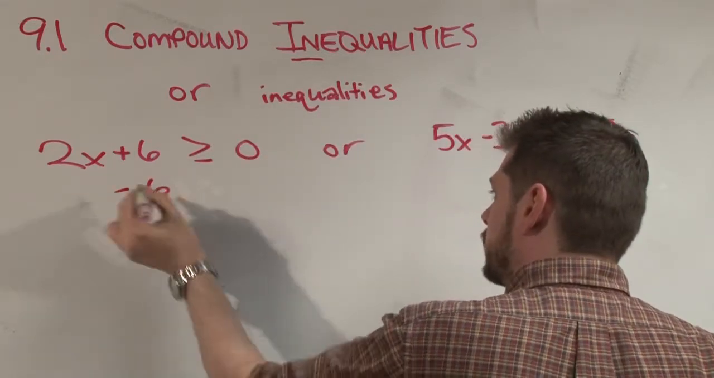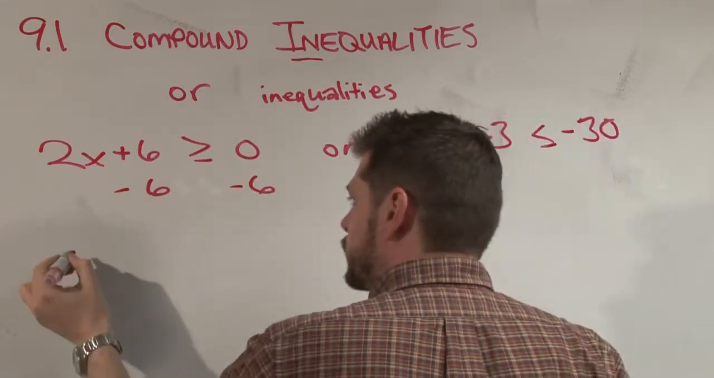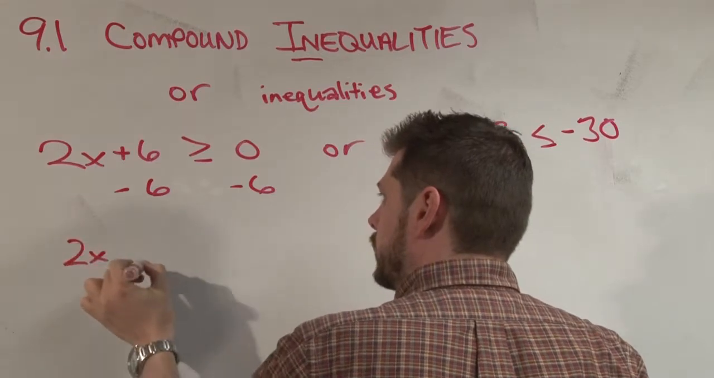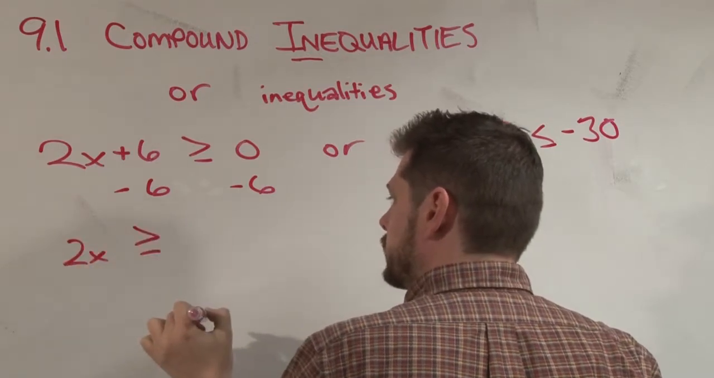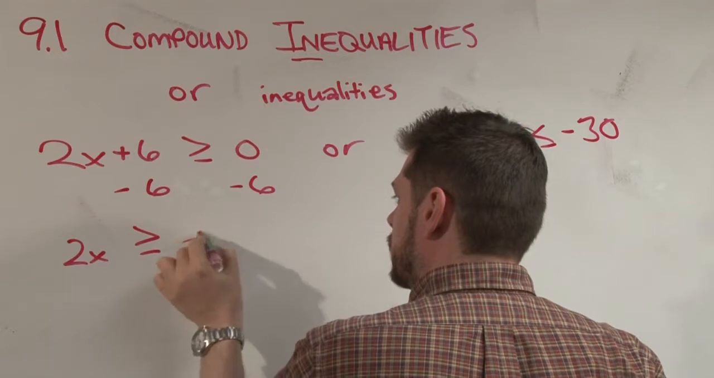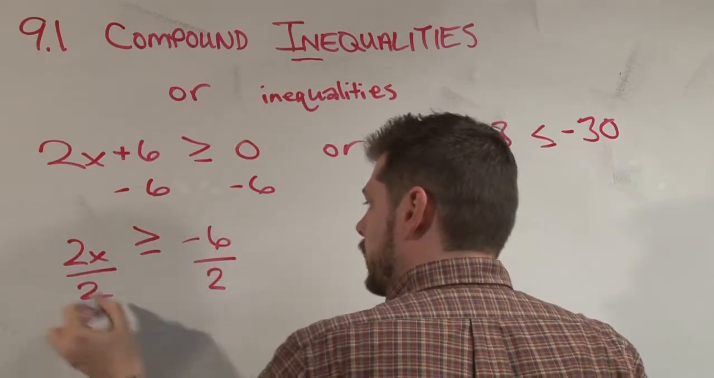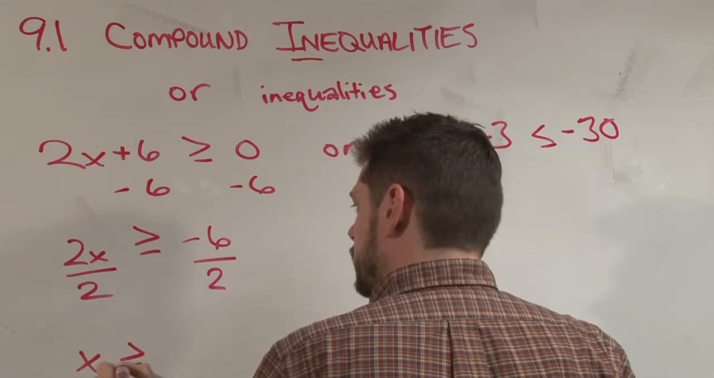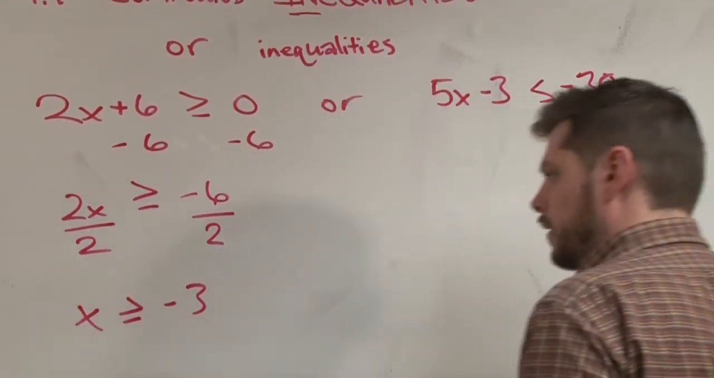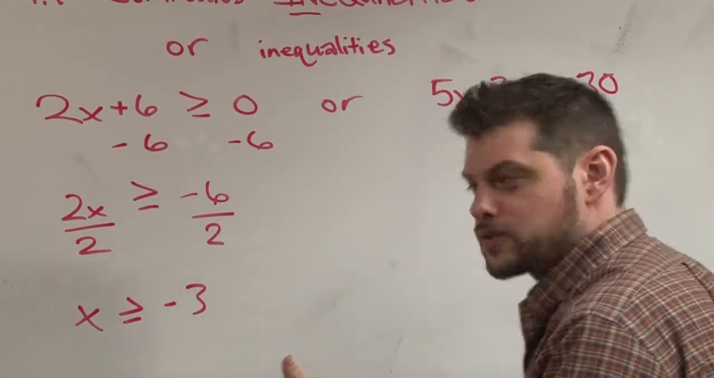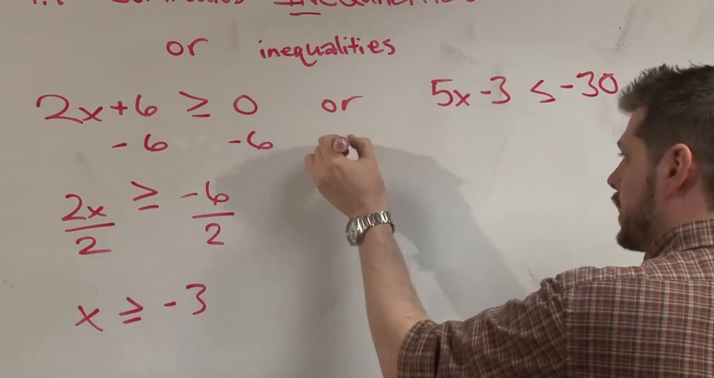So solving for the first piece, I will subtract negative 6 from both sides, and I'm left with 2x is greater than or equal to negative 6. And then dividing both sides by 2, I get x is greater than or equal to negative 3. Totally valid for the first piece. And then what I'm saying is,